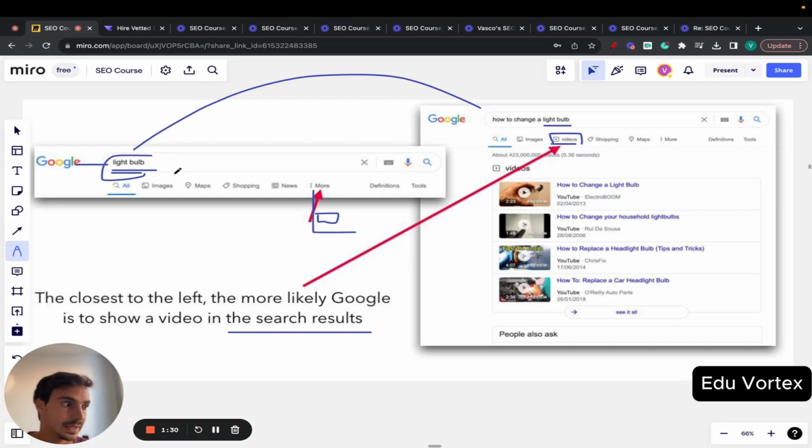is dog leashes, right? Look for it, to see if Google values videos for that keyword. If not, adapt the keyword. For example, try how to put a dog leash on my dog, right? And then you can have a video on that to rank it, and then links out to your site and all that. So make sure that the keyword